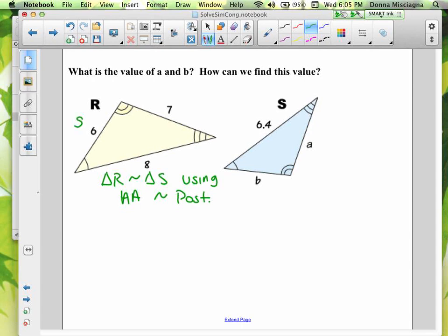However, use your congruence markings to help you out. So 6 here is the small side. Notice that's between the 1 arc and the 2 arc angles. So who's between the 1 arc and 2 arc in the other triangle? Well, that's B. So B here is the small side. And so do you see how they're in between the same, that segment of the triangle is in between the same angle sizes. And we can tell because we can see they're marked with the congruence markings. So that tells us, the small side is on the side between the 1 congruence mark and the 2 congruence